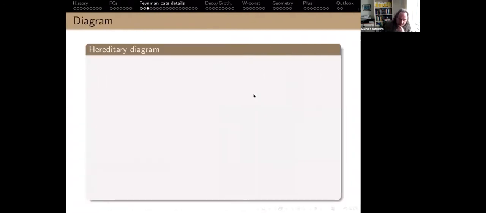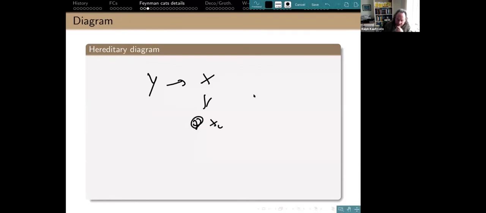Right, and then as I said, now the diagram looks like this. This should be a Y. From the previous page, I go to my X. I decompose this X as just some letters, and I have my phi here. And what I can then do, I can decompose this Y again. The point is that this is in the same indexing set. V stands for vertex. I just got used to that. So the point is this is the same indexing set.